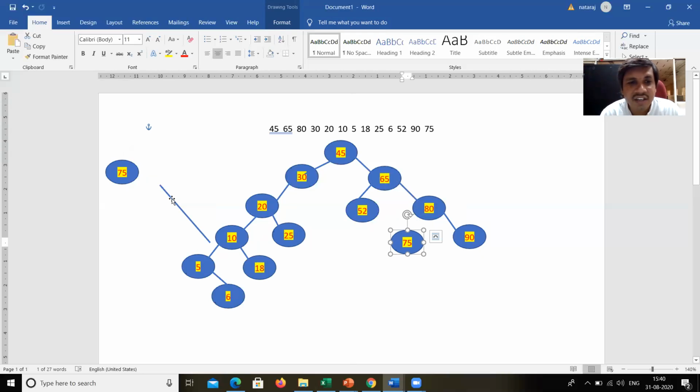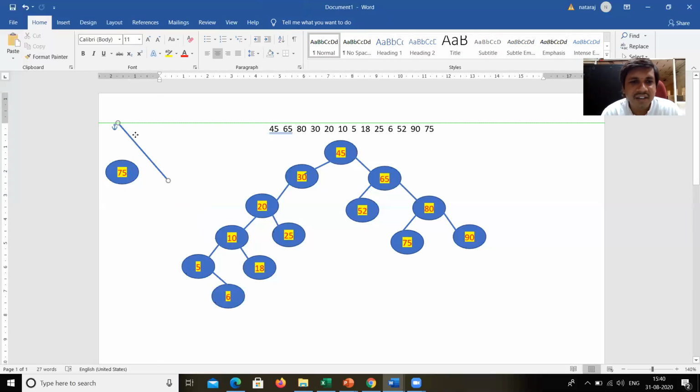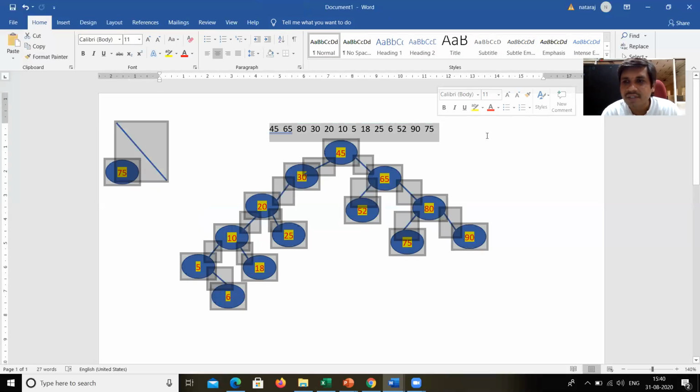It is left of 80, or left child to 80. Done. This is your binary search tree for the given list of elements.